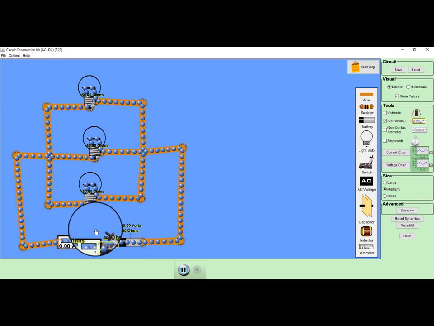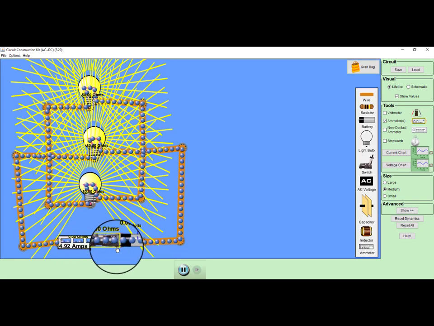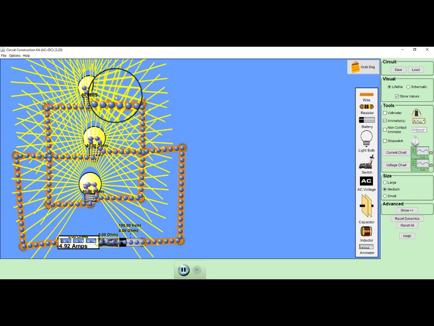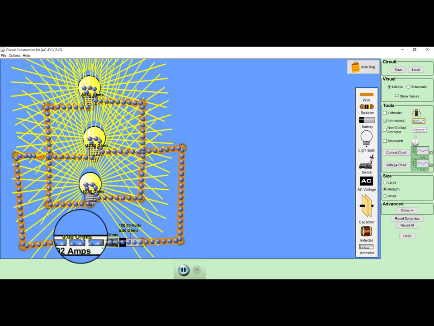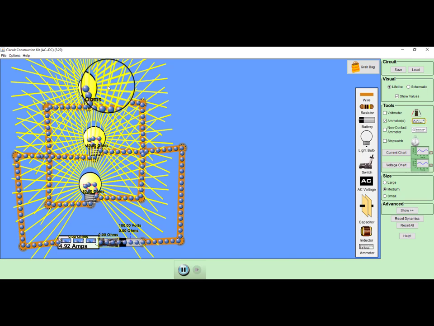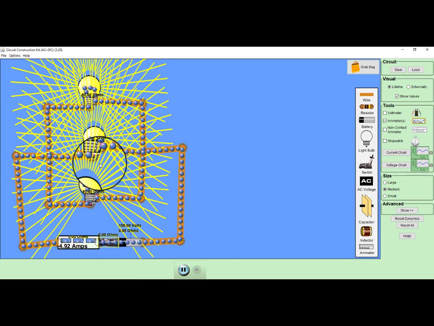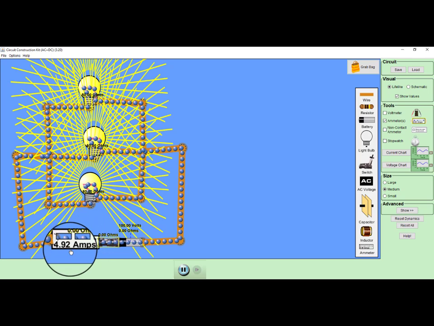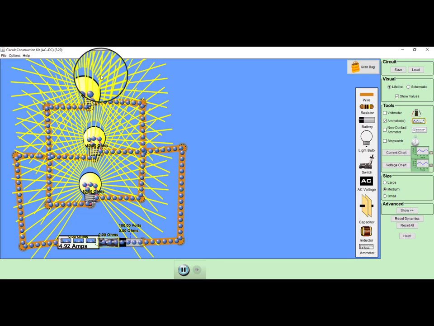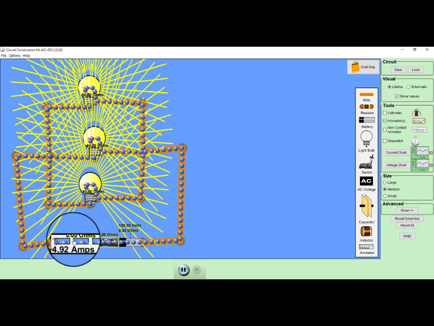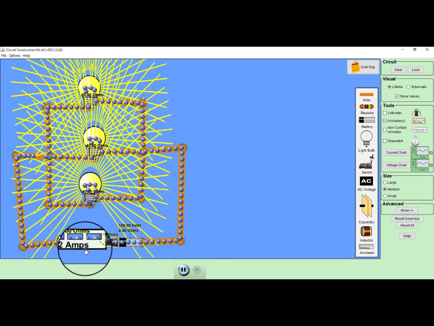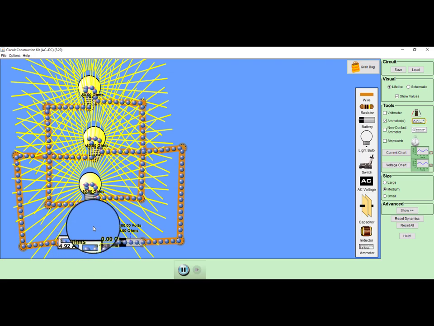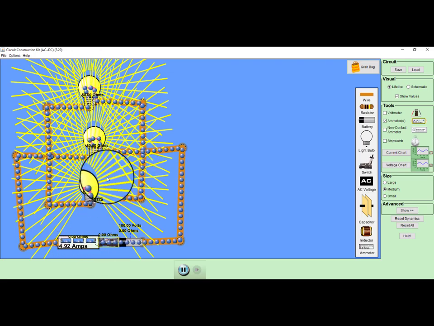Now let me close the switch. As soon as I close the switch, free electrons start moving through these wires, through the bulbs, back to the positive terminal. Now as current is flowing through each bulb, the bulb is glowing. Now how much is the current that is flowing in this case? It is 4.92. So when I connect these 3 resistors in parallel, the total current that is being supplied by the voltage source is 4.92.